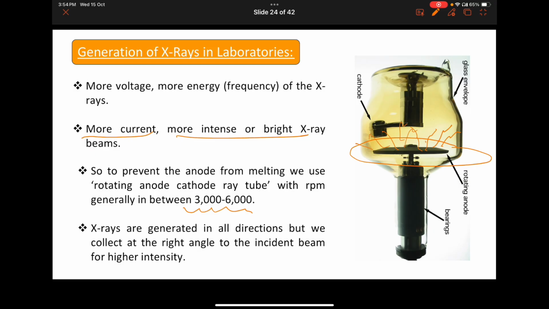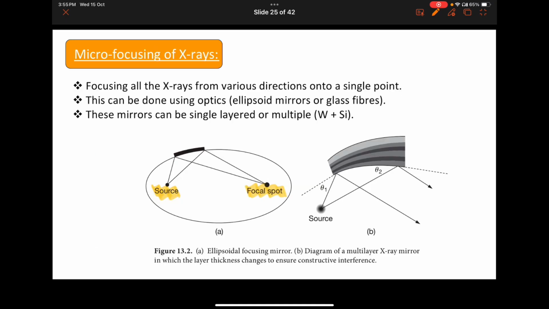It is isotropic, not equal, but in all directions it is given off. Maybe we only want to study in this particular direction, so we took that particular chunk of the X-rays. Now we have X-rays in different directions. So how do we get the one concentrated beam? We have to concentrate it to study, so that we can focus it on our crystals, on our tissues for the X-ray therapies as well.